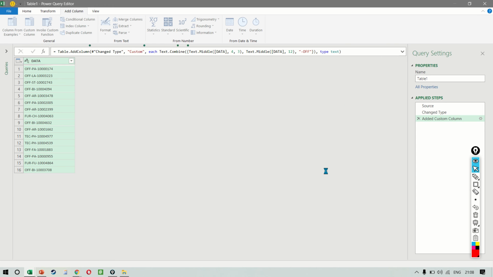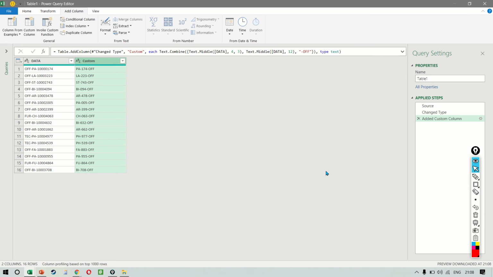So I can go on and cover as many examples for you. But the point here is that you have learned how it works. It's a very, very powerful feature. And the more that you experiment with this, you will learn a lot more. For example, I just noticed that we're not really getting the right result because it is showing me OFF in every single value. Not a problem.